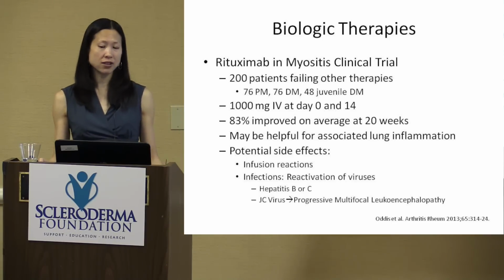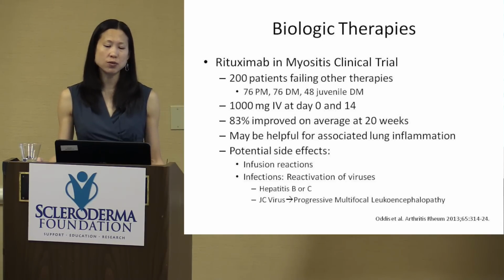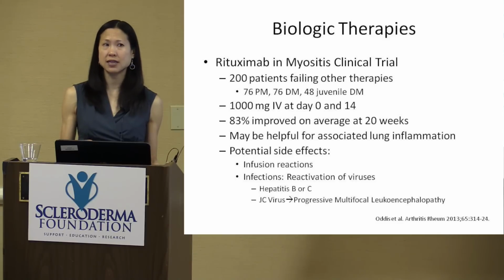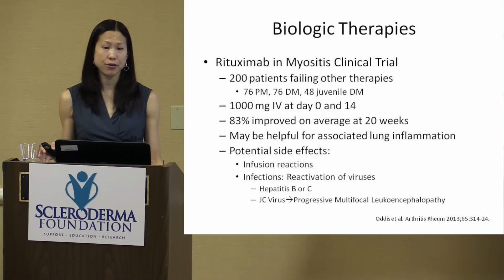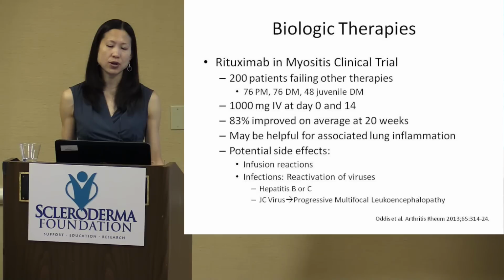So regarding biologic therapies, these are a little bit more experimental, but rituximab has actually quite a bit of evidence showing that it can be useful for treating muscle inflammation, at least in polymyositis and dermatomyositis patients. So this is actually the largest clinical trial done ever in patients with inflammatory myositis, including 200 patients who were failing other therapies. And it's given as a 1 gram infusion at day 0 and then 2 weeks later. And 83% of patients who received rituximab had an improvement in their muscle strength and other signs of muscle inflammation